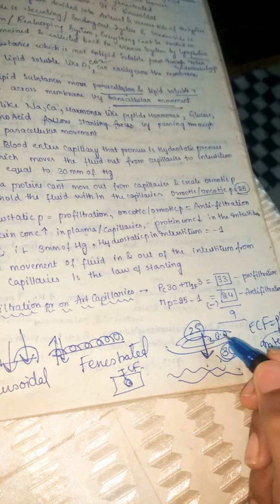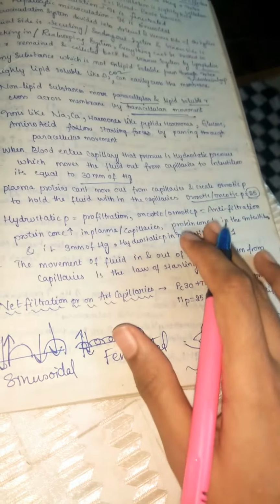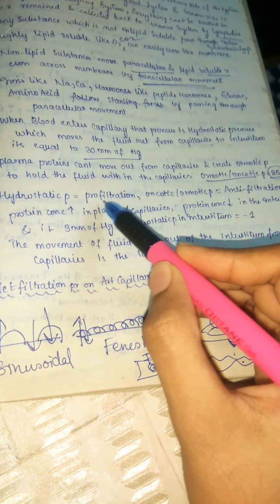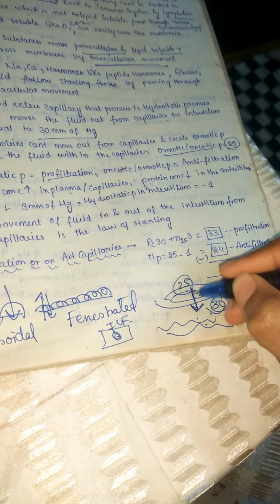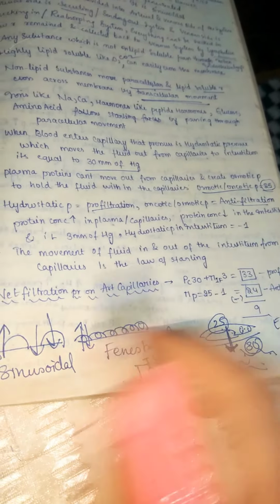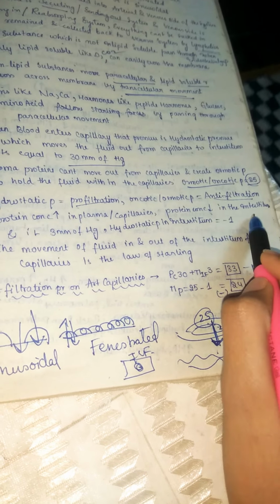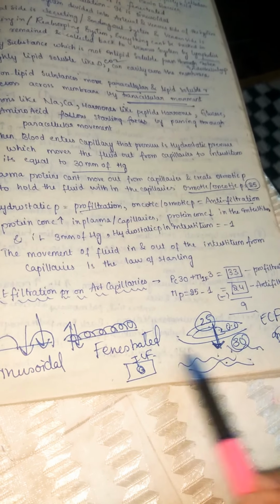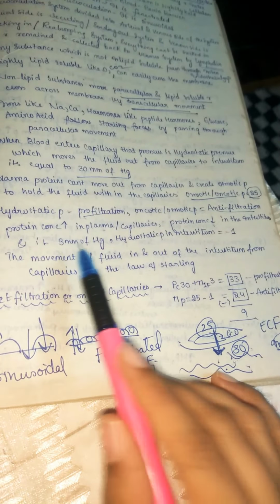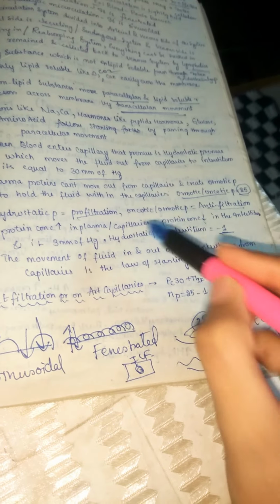So what it does is it always tries to keep the fluid inside, it doesn't allow it to go into the interstitial space; that is the oncotic or osmotic pressure. So hydrostatic pressure is pro-filtrate, meaning it is always pushing fluid out, and oncotic pressure is anti-filtrate because it's not allowing fluid to go out. So protein concentration is increased in plasma or capillaries, and decreased in the interstitium. Normally plasma has a higher protein concentration compared with outside in the interstitium, and it is 3 millimeters of mercury, and interstitial hydrostatic pressure is -1.